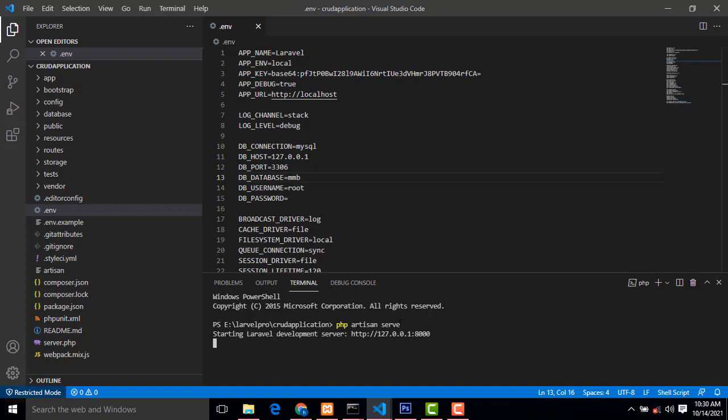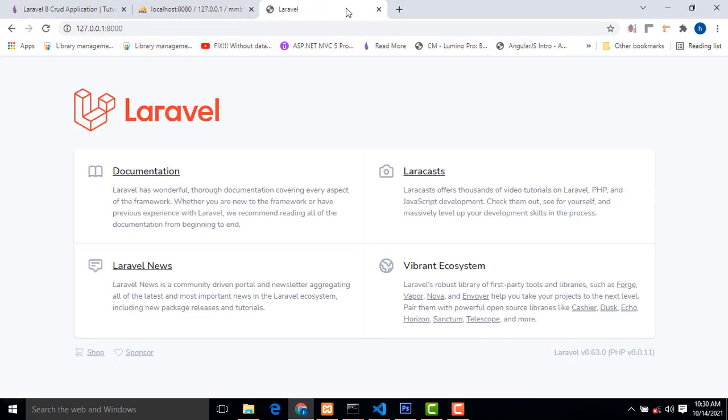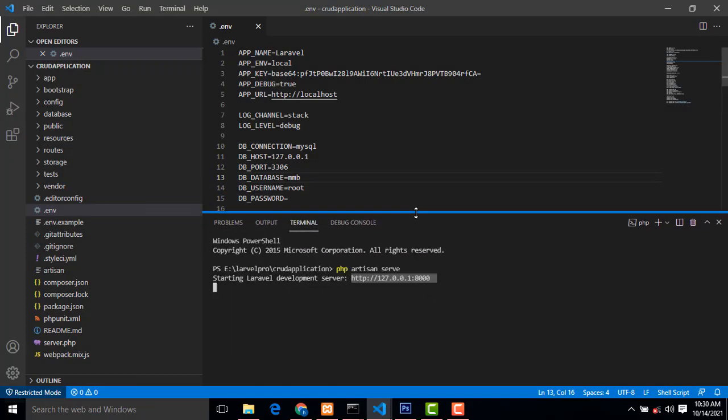If you type the command and press the enter key, you can see it generates the port and all. You just copy and paste it over here, press enter key. Here Laravel is working successfully if you are seeing this window the first time. Your Laravel is working fine. If there is any error, the error would be shown. Right, it's working fine.